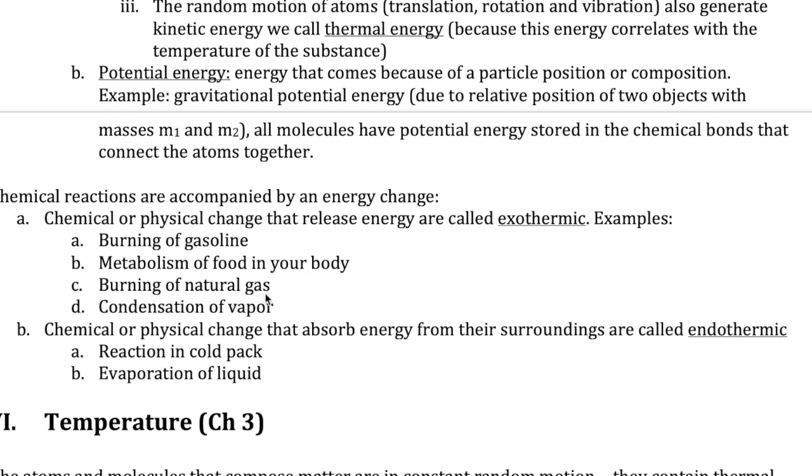You burn natural gas in your house, for example, in your water heater. You burn gas that comes in through the pipe, and that causes the water to be heated up, right? So again, the reaction is the burning of the gas, but the way we know it's exothermic is because it releases heat to that water. So the way we understand whether a reaction releases or absorbs energy is by the effect of that reaction on its surroundings. The same thing goes for reactions that are called endothermic, where the reaction absorbs energy from its surroundings. The word therm, by the way, refers to heat. Exo means to expel, so to release, and endo means to absorb or to take in.